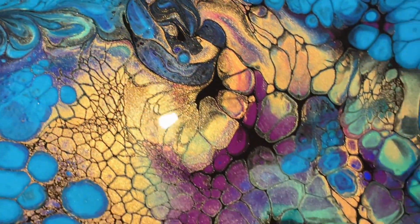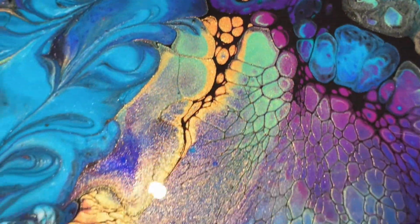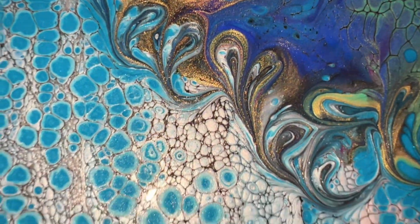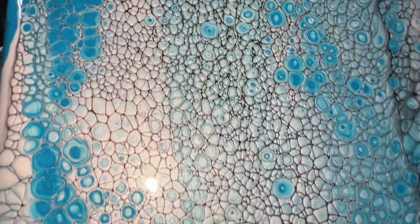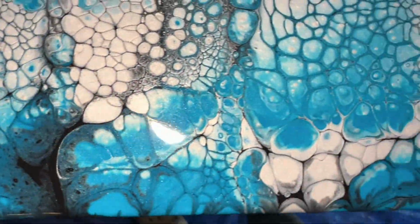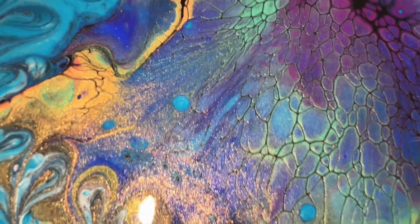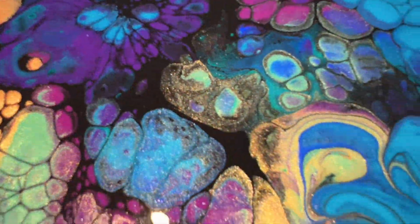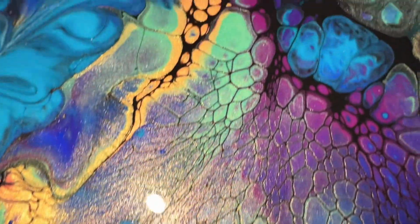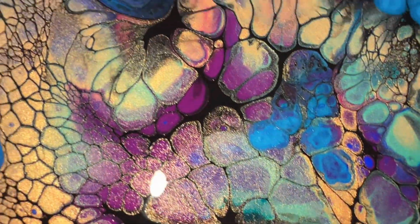I think that happened on another painting, and I wasn't sure which color caused it, but it must have been that blue-green that I'm using, the metallic color. And that's by Deco Art. No, I'm sorry, that's by Artist Loft. It's the blue-green, it's blue cobalt, I think it is, or green cobalt, and it's metallic. And I use that quite a bit,